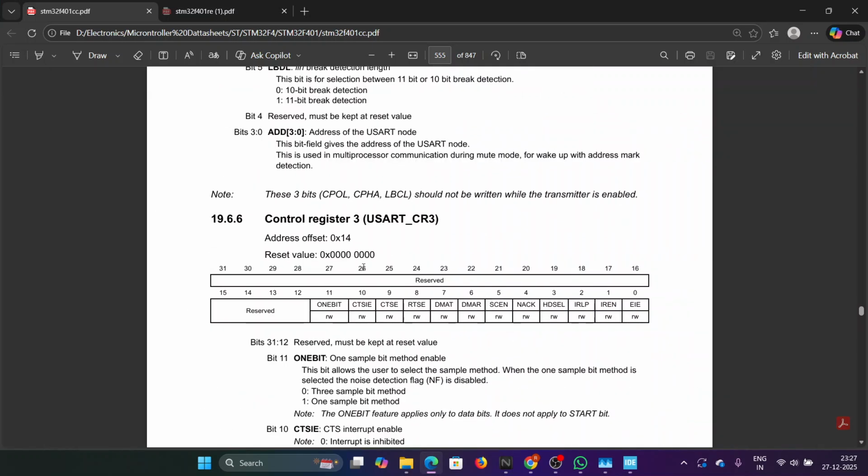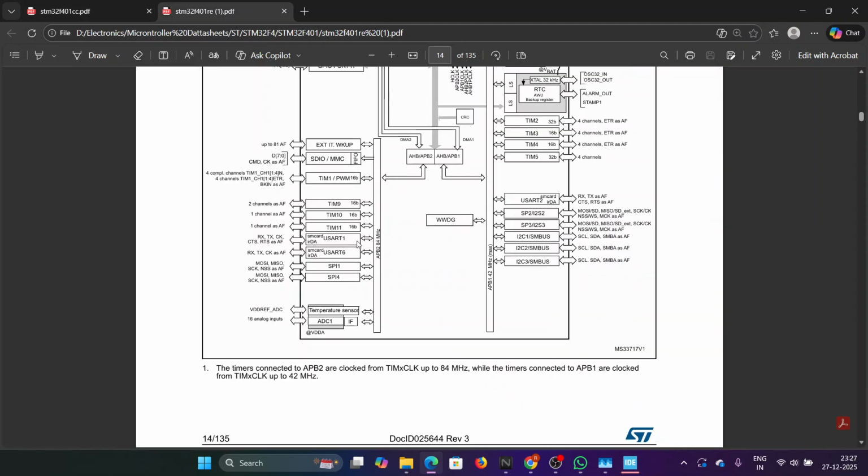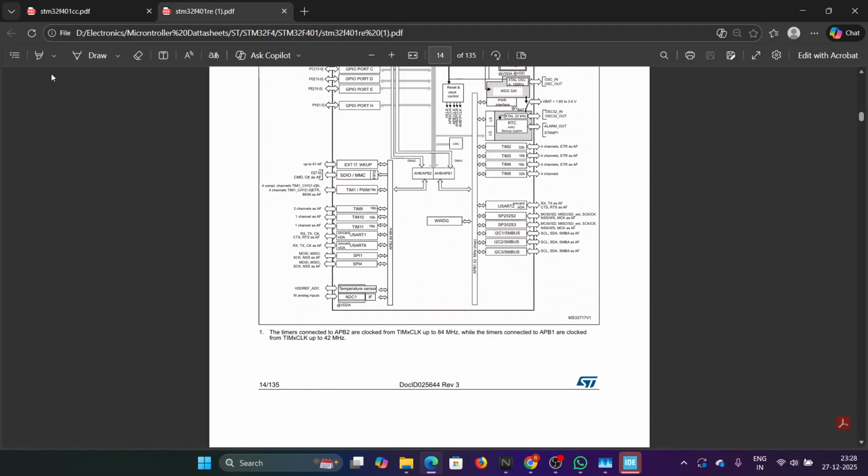यूआर्ट हमारे कौन से पिन पे हो रहे हैं? हम यूआर्ट 1 को यूज़ करने वाले हैं, जो एपीबी 2 का पार्ट है। तो एपीबी 2 में यूआर्ट के पिन हमें कहाँ कहाँ पे मिलते हैं, हमें इसी चार्ट में मिल जाएगी। तो हमें यूआर्ट 1 है, जो एपीबी 2 में मिलता है।